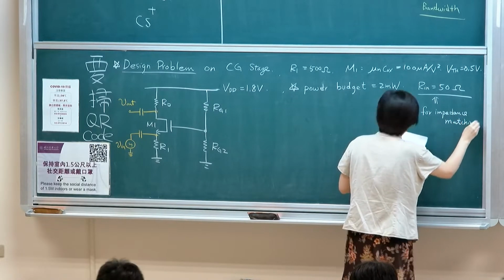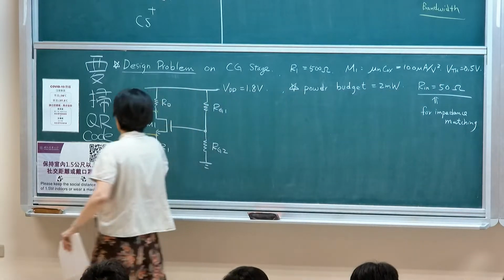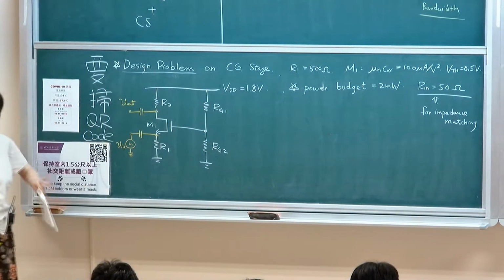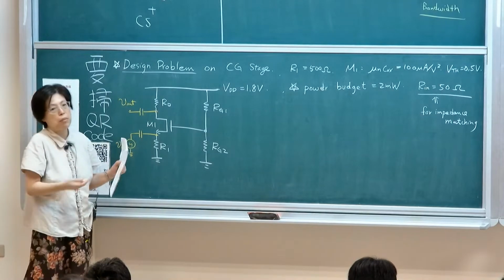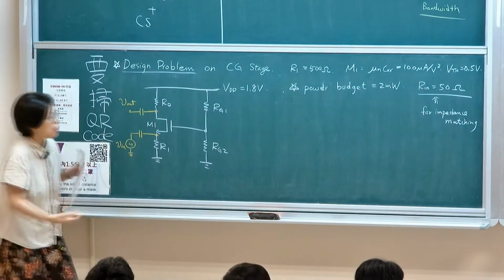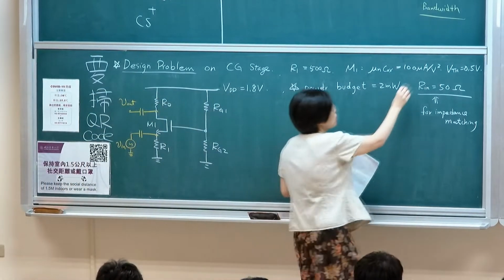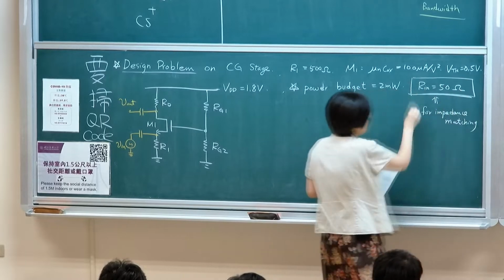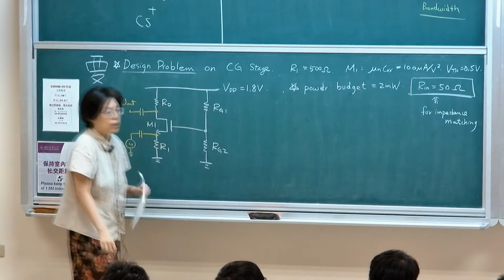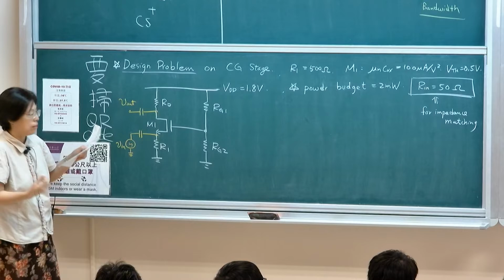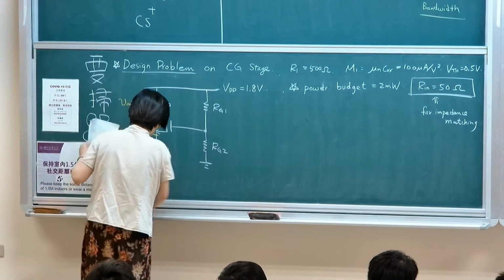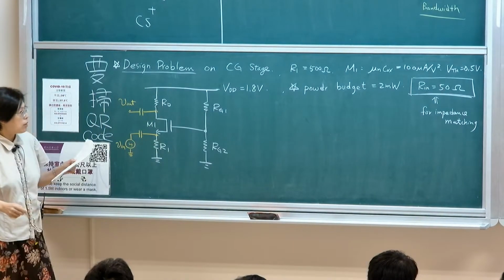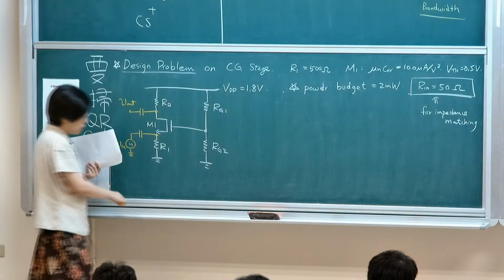Typically, when your input is connected to an antenna, which is 50 ohm, you want it to be balanced so that you get the maximum power coming into the system. That's called impedance matching. So basically, I want this to match whatever my antenna resistance is. So that's the spec for this circuit.